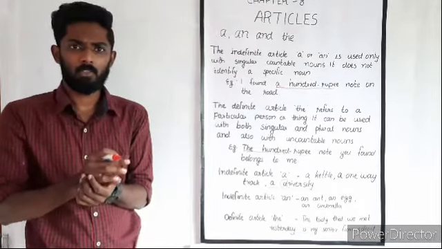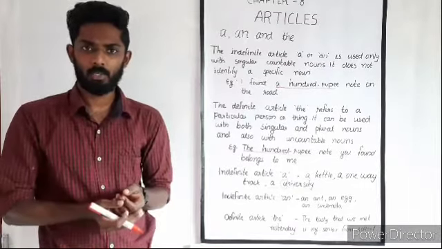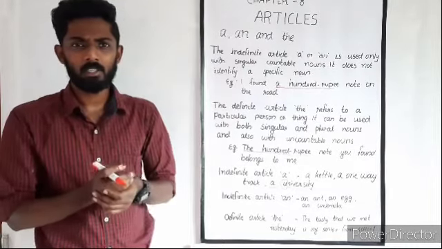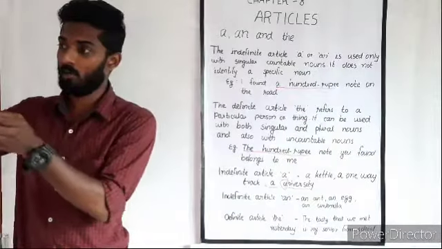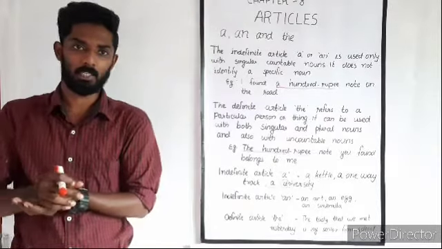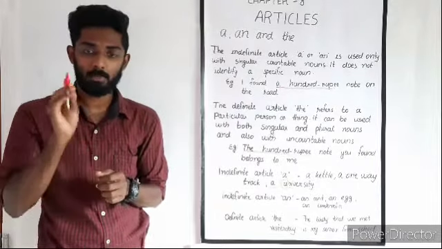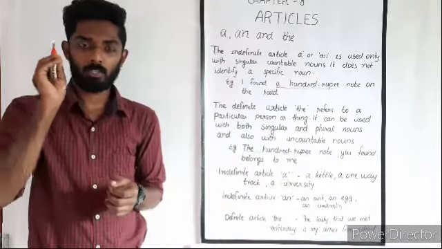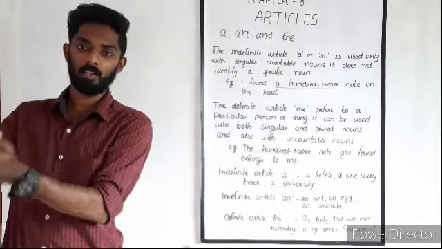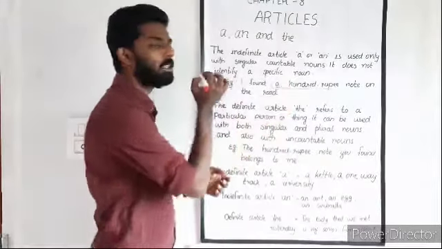Or else, Neela wants to be a Tendulkar when she grows up. So here we used a Tendulkar. What does it mean? Here she wants to become someone, and we have used a in the sentence. That is why I said before a proper noun which is either unfamiliar or holds a special meaning. Here the word Tendulkar gives a special meaning, which means she wants to become someone like Tendulkar. So that is why we have used the word a in the sentence.